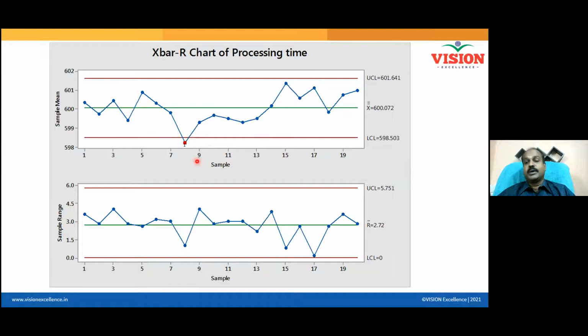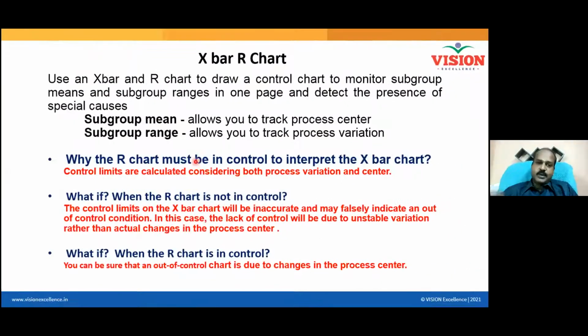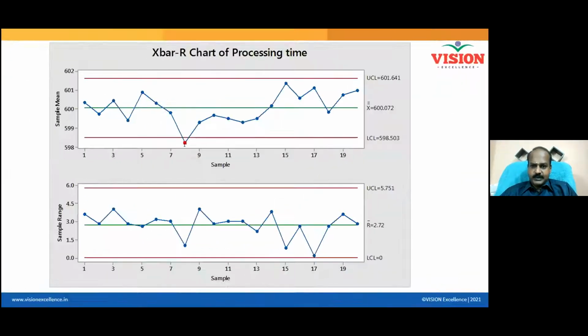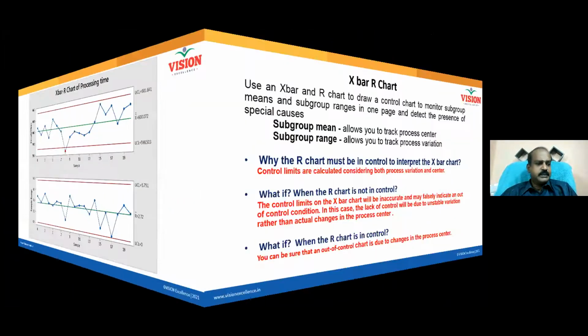Can somebody tell me what is the difference between variation within the batch and variation between the batches? Sir, within the batch means the whole group. Okay, between the batch means? Between the batch means any two. Okay, we'll talk about subgroups. You're right. So I'll give you an apt example.